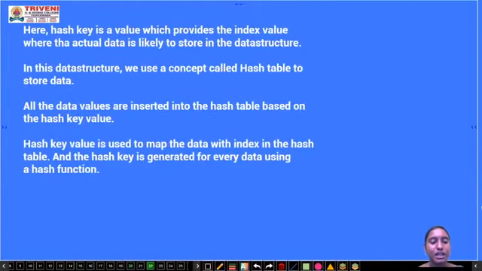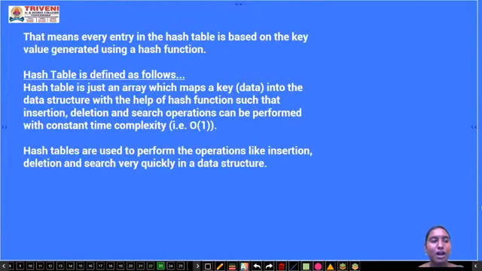This is the hash concept, and a hash table is defined as an array which maps a key into the data structure with the help of hash functions, such that insertion, deletion, and search operations can be performed with constant